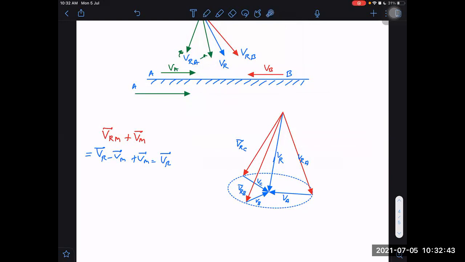But in this case, how many unknowns will the velocity of rain have? Here, the velocity of rain will have VR along x unknown, along y unknown, and along z unknown. 3 unknowns for these. And VRA magnitude, VRC magnitude, and VRB magnitude, 3 unknowns for those. So overall we have 3 plus 3, 6 unknowns in this case.